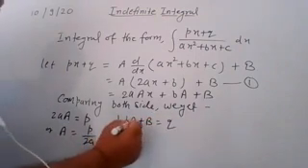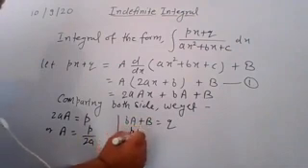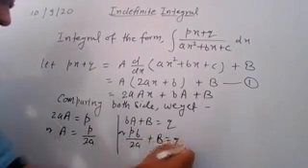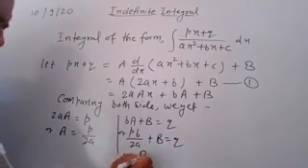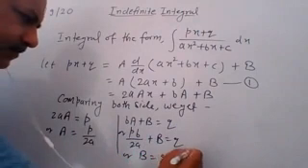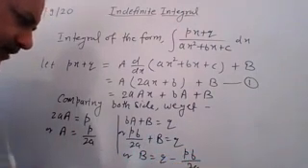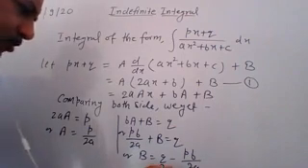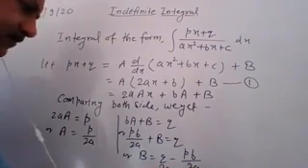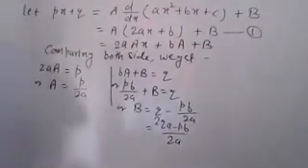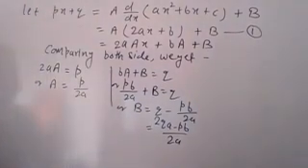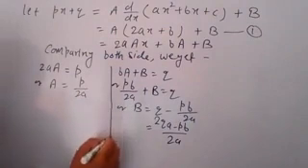Putting the value of A, you have pb upon 2a plus B is equal to q, or B is equal to q minus pb upon 2a. Now taking the LCM, you have 2a in the denominator and 2qa minus pb in the numerator. So that gives the value of B. In this way, by comparing, you can very easily get the values of A and B, which are the unknown quantities.